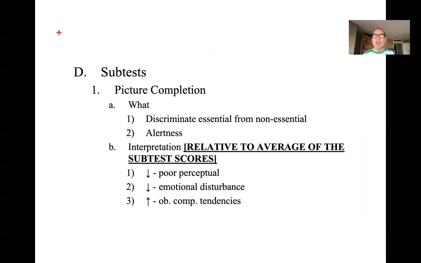So the next, what does picture completion measure? Okay, and I actually have to take it back. I think with picture completion, you're only scored 0 and 1. I don't think there's a partial credit for it. With picture completion, what does it measure? It measures the examinee's ability to discern, tell the difference between essential versus non-essential information,